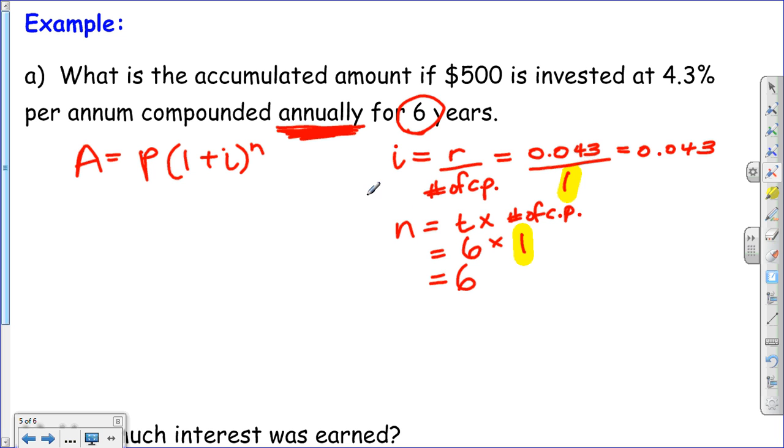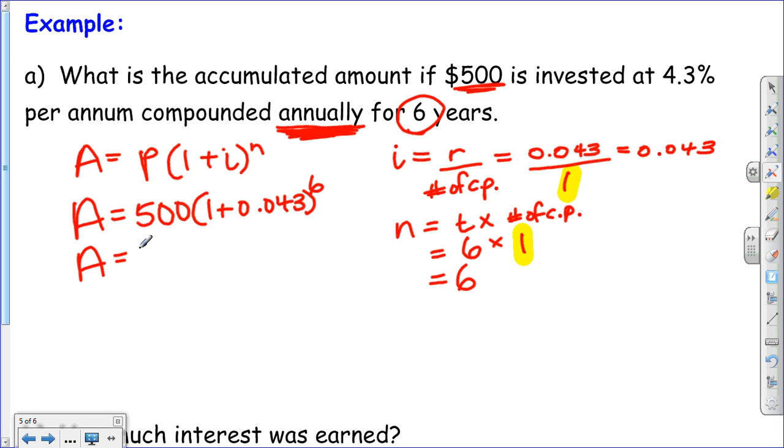So now we have everything we need to plug into our formula. The accumulated amount is going to be 500, your principal, that's how much you invested, times 1 plus 0.043, to the power of 6. You can enter it like this in your calculator, or if you would rather add these two together first, you can do that. Just make sure you put it all in. Your calculator should do BEDMAS, and it will do the exponent part first and then multiply by the 500. And the answer there is